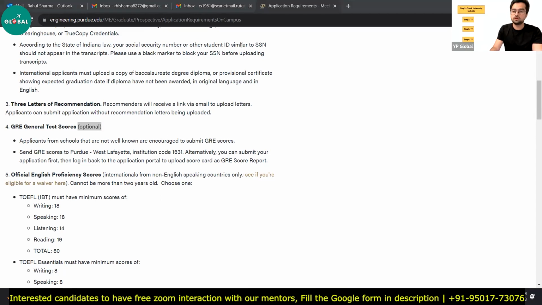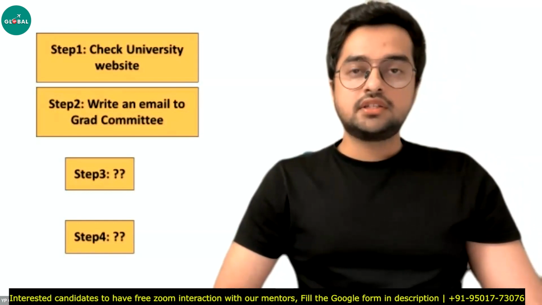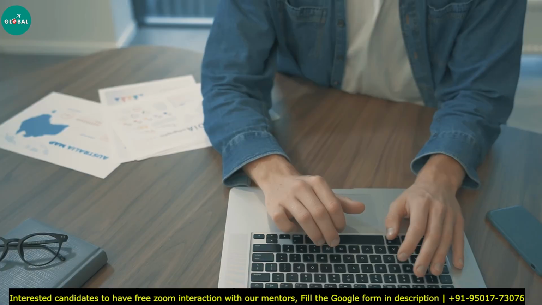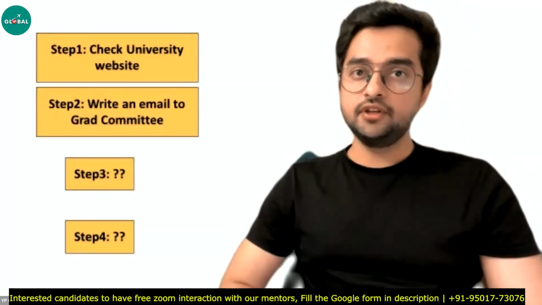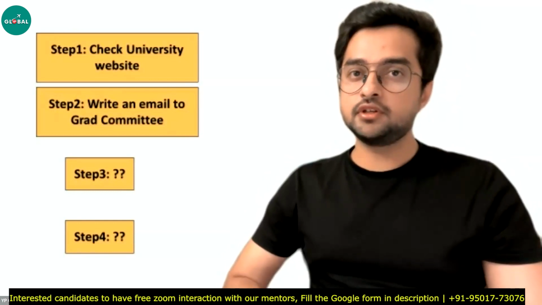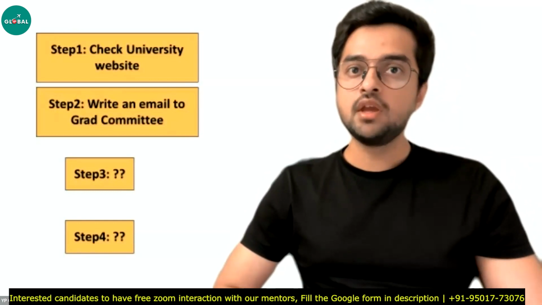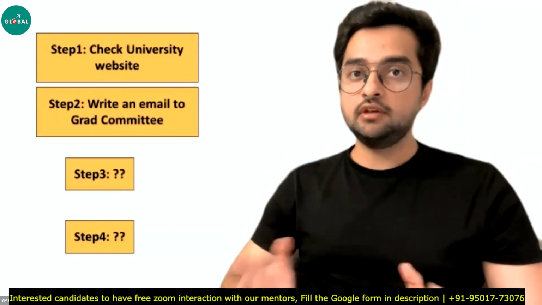Now I'm going to step number 2. Here you can see step number 2, that is writing an email to the grad committee. If you don't know what a grad committee is, it is a committee in every university for every department, which will basically screen your application first of all if you apply to that university. There are 3 to 4 members of the grad committee, which are basically the chief, or I would say the head,